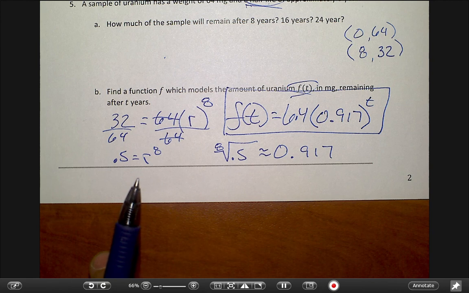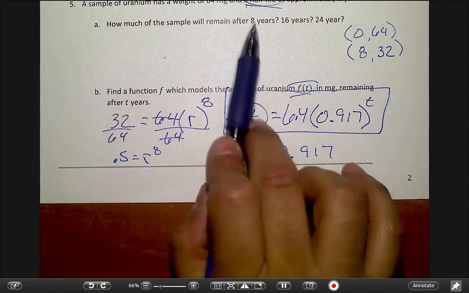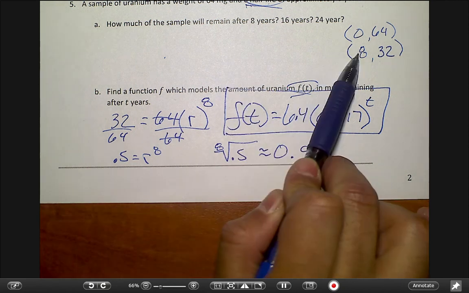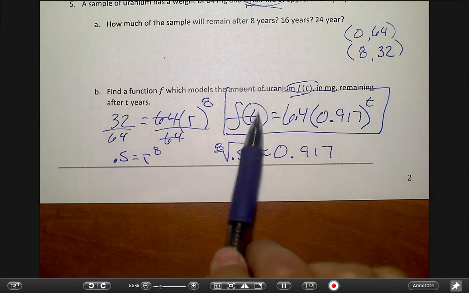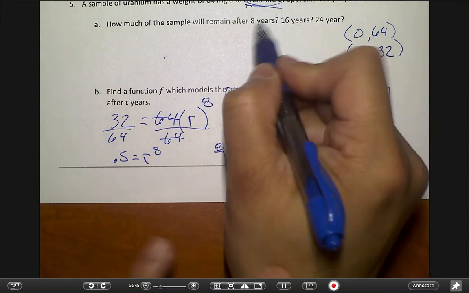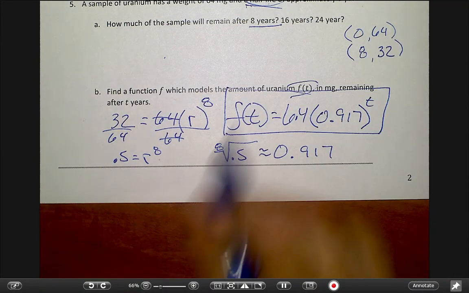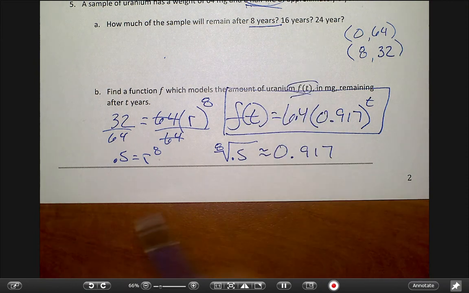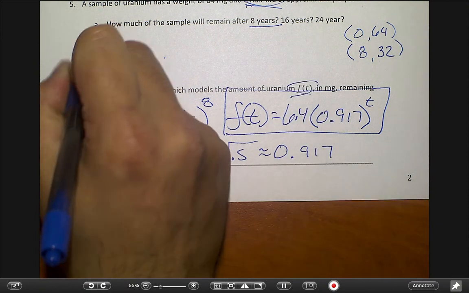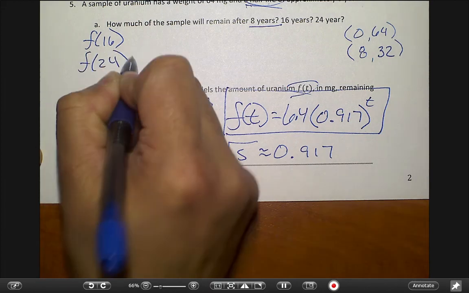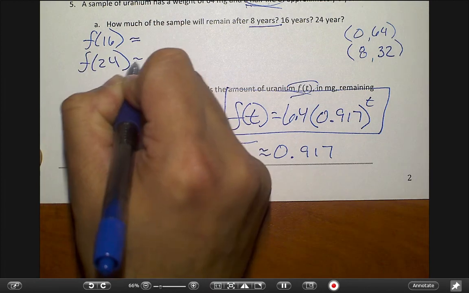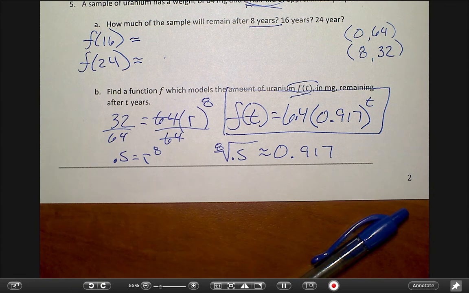So it's in reverse? Kind of. I'm doing them backwards, but this one right here, I already got the first one. I just need to do these two. To get this, I had to do the first one here anyway. But now I have to go back and fill these in. So I'm going to do an f of 16 and an f of 24. And you people right now are plugging this into your handy dandy calculator.